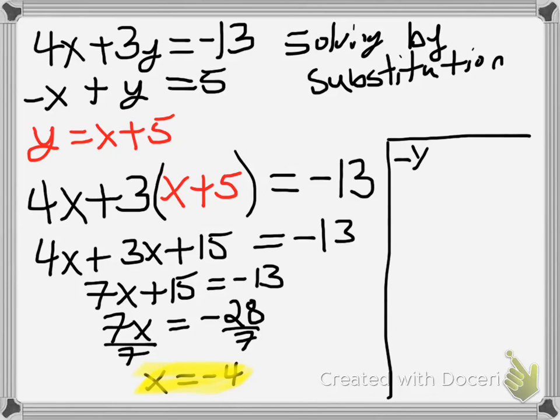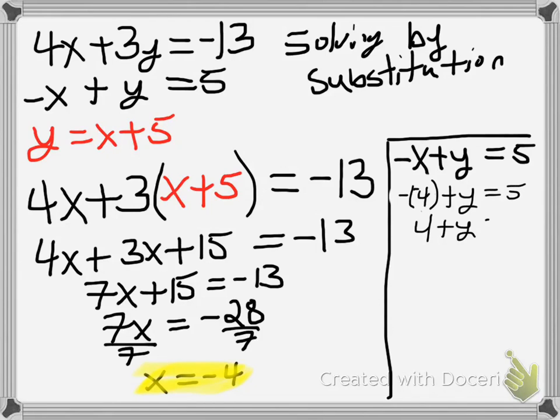Now remember, there's a negative sign that comes with the x here. So negative negative 4 plus y equals 5. So the negatives cancel, and we have 4 plus y is equal to 5. So y is equal to 1. And then we'll go ahead and abbreviate this. The point of intersection is negative 4 comma